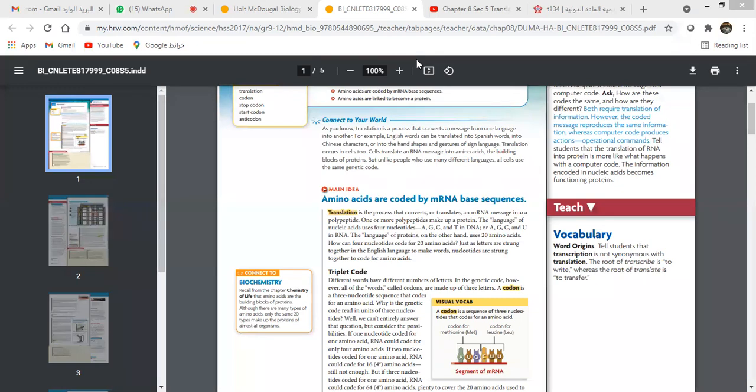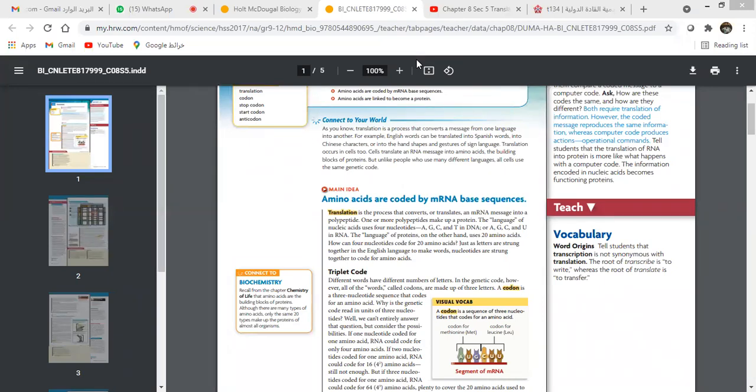Okay? As we said, in our language, we have letters to write words, right? But in a genetic language, to translate this message, there are also letters, but these letters are not like our letters in our language. They are nucleotides. احنا we have four types of nucleotides in the RNA اللي هم adenine, guanine, cytosine, and uracil. Okay? هلا هدول النيوكليوتيدز they are as the letters in our language.